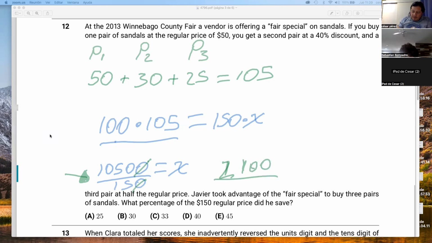Okay? Now they're both divisible by 10, or 100. So we can subtract this, and we are going to get 7. Okay, I think